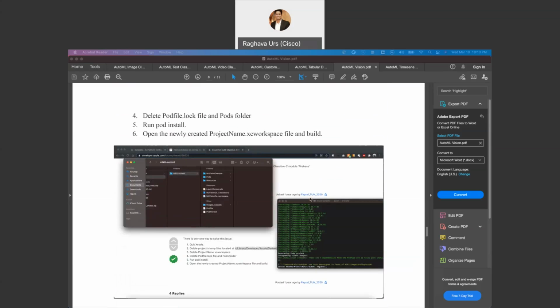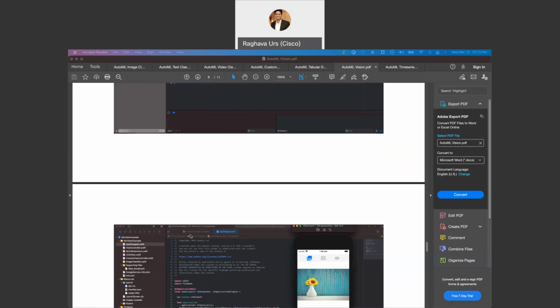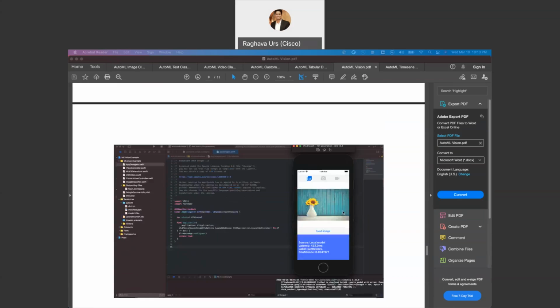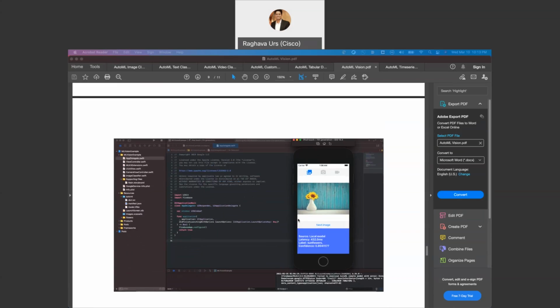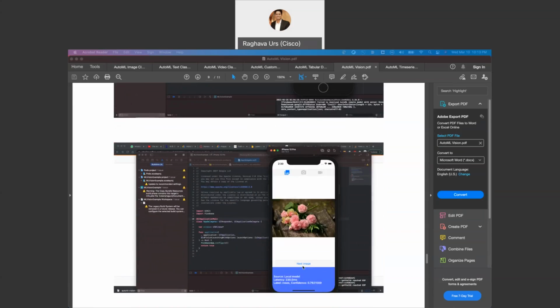Doing that, it installed the Firebase properly, and then the build went through successfully. Once the build was successful, I was able to actually open up the simulator. Here, I used the simulator for iPod Touch 7th generation to see how the application is coming up. In that, I was able to see that it predicts properly for the images that have been loaded. Whatever images I selected, it gave a proper result with a good confidence